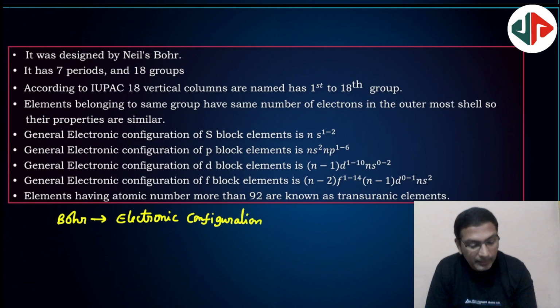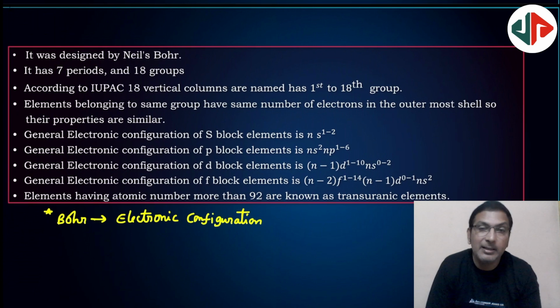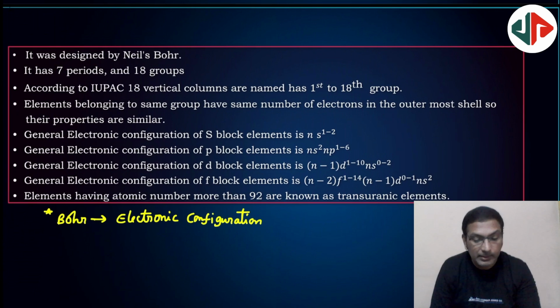So atomic number means nothing but electronic configuration. So modern periodic table is based on electronic configuration. Therefore, it is also known as Bohr's table. So it contains 7 periods and 18 groups. This point is very important. In IUPAC system,